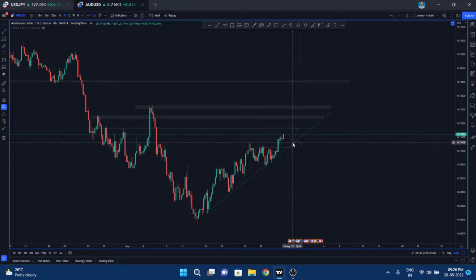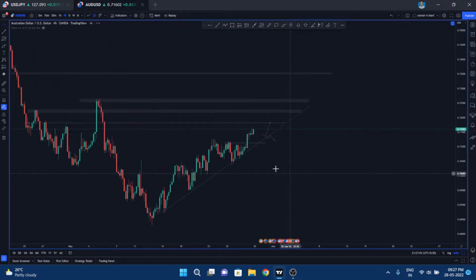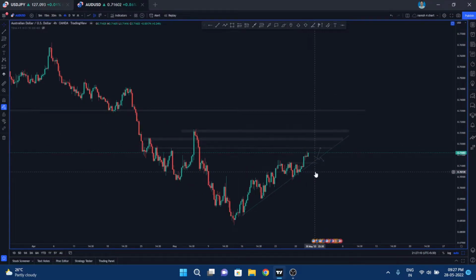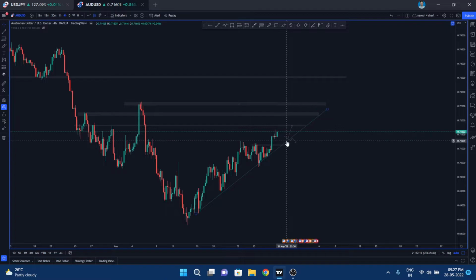until it is near, like respecting this trend line. If the trend line is breaking down, like if it is not supporting, wait for the lower low formation and lower high formation. After the formation of the lower high, you can look for short entries from there. So again, in this pair also we have potential on both sides, but the long side is more preferable compared to the short side. So if it is pulling back to this trend line, we can look for a long entry from there.